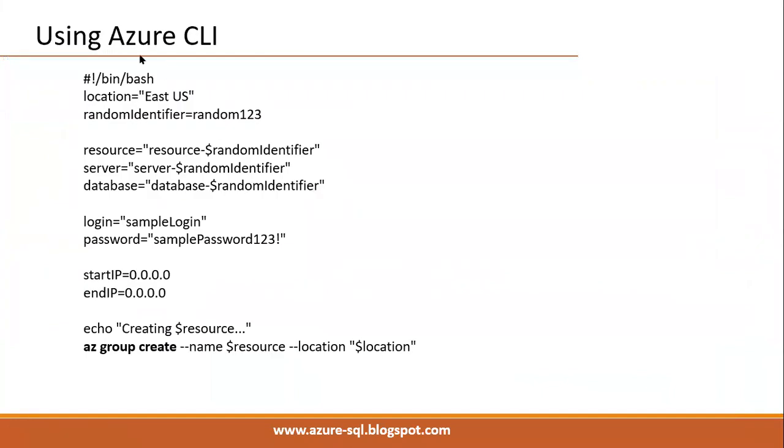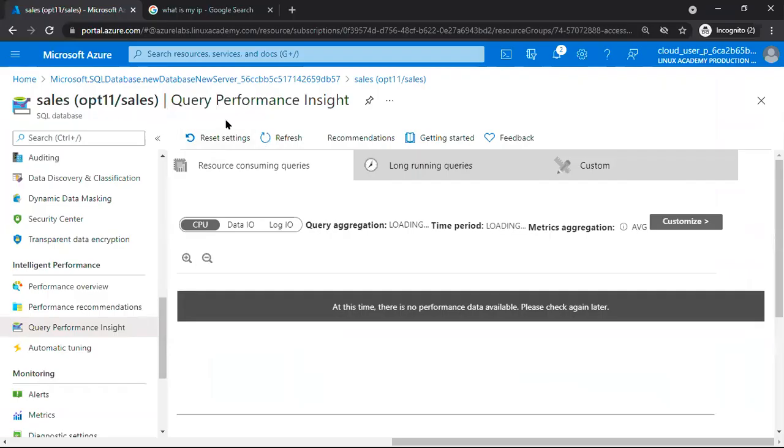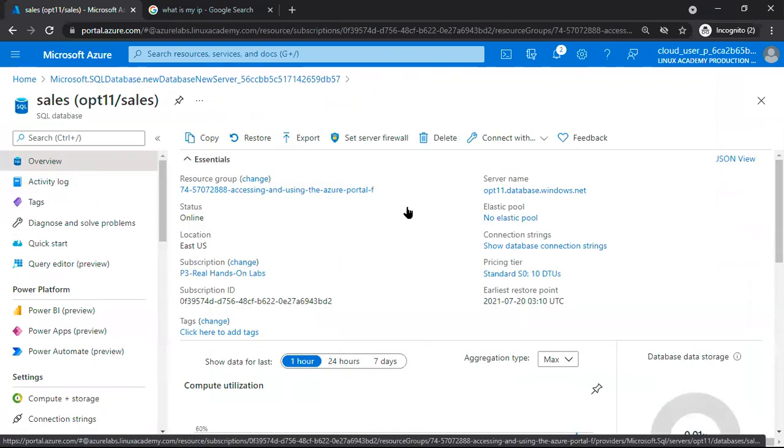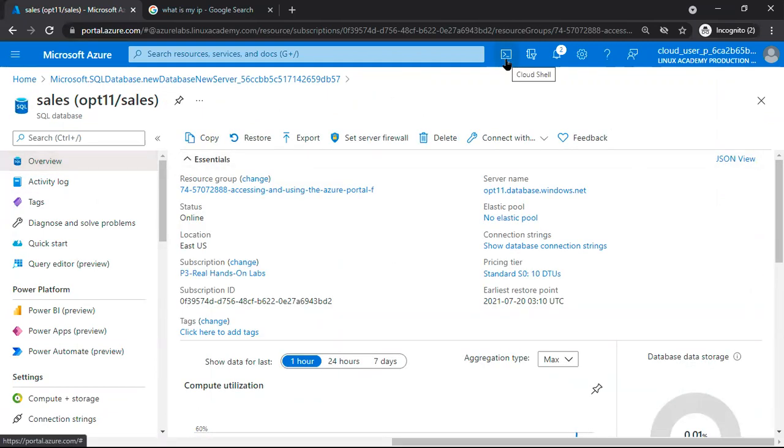Next, we can create the SQL database by using Azure CLI also, command line interface. Just remember, whatever activities we are doing through the portal graphically, all these activities we can do by using the cloud shell, where we can write the script with Azure CLI.